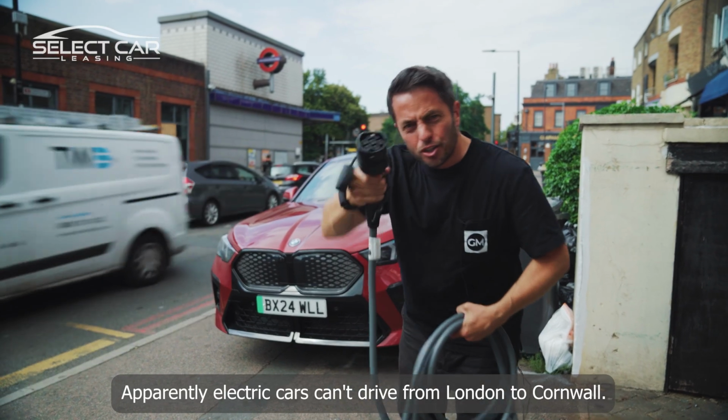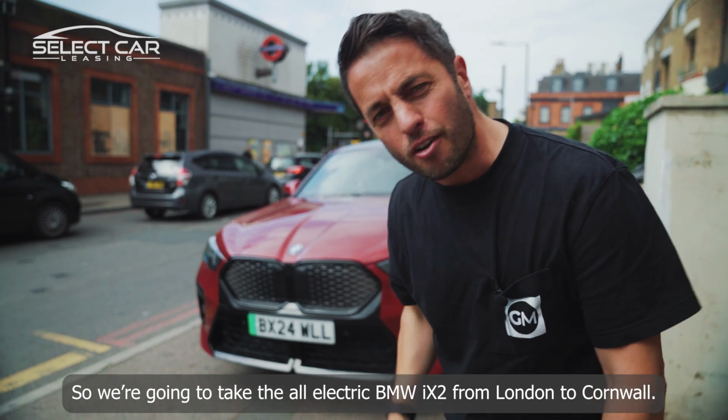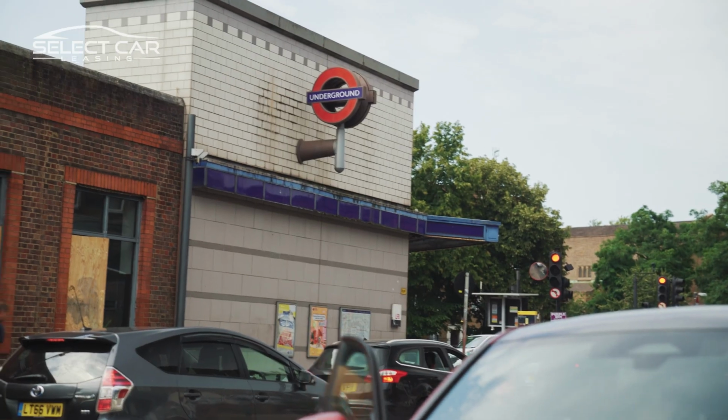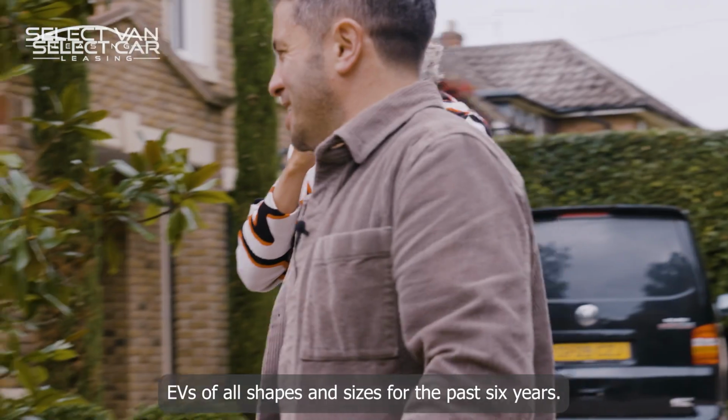Apparently electric cars can't drive from London to Cornwall, so we're going to take the all-electric BMW iX2 from London to Cornwall. Hi, my name's Rick Bullemere and I've been driving EVs of all shapes and sizes for the